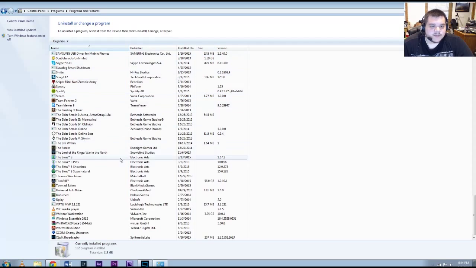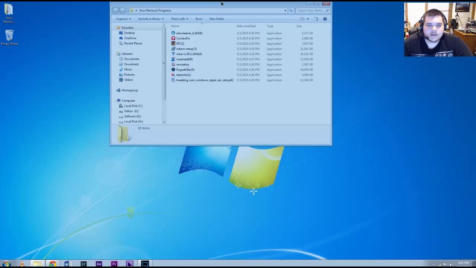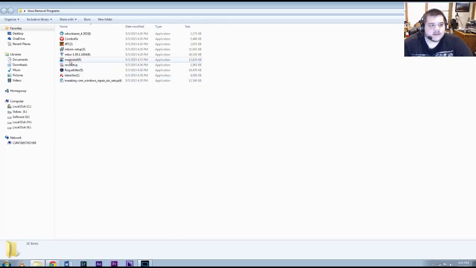This is the simple, basic way that everybody uninstalls programs. But unfortunately, malware and adware programs are stubborn and don't like to be removed this way. And even if you do remove them this way, everything associated with the program is not removed. So what we use is this. It's called